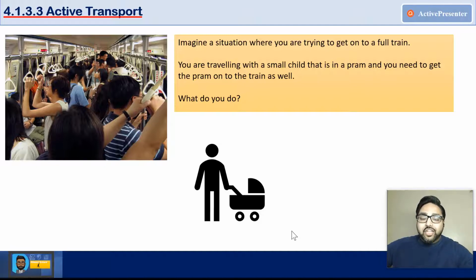Now, actually, in that situation, what you need to do is overcome the number of people in the train carriage in order to get yourself on and the pram on at the same time. And that's kind of what active transport is. And I know what you're thinking, what are you talking about? Bear with me. Keep that image in your head as we talk through today's lesson, and hopefully what you'll see is it's very similar in a lot of ways. What you're trying to do is use energy to overcome the natural flow of particles, which is out of the cell if there's already a lot of particles